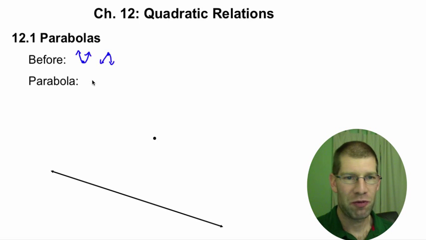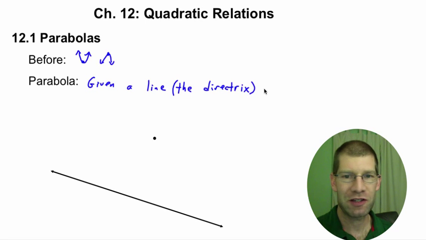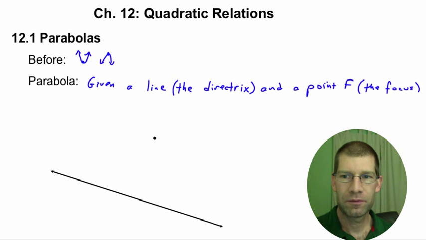So kind of the definition of a parabola is, you could say, given a line, like the line I have drawn down below. Now I'm going to put in parentheses the name of that line. It's called the directrix, which is just the word direct with a R-I-X at the end of it. So given the directrix and a point F, and we call that point F the focus. So given a line and a point, a parabola